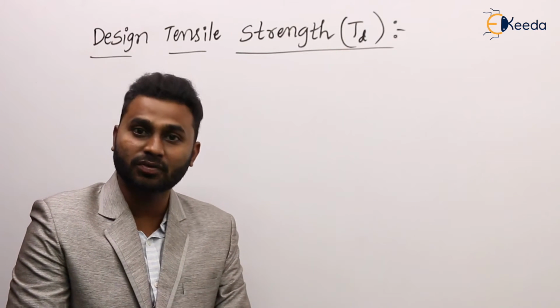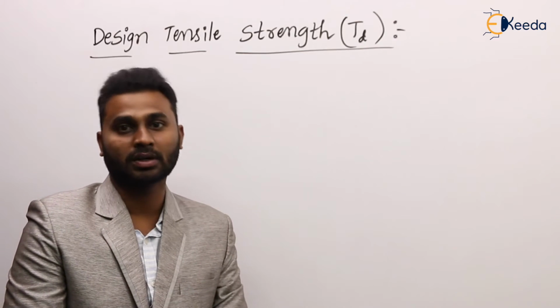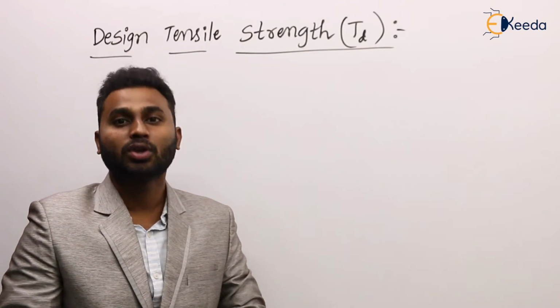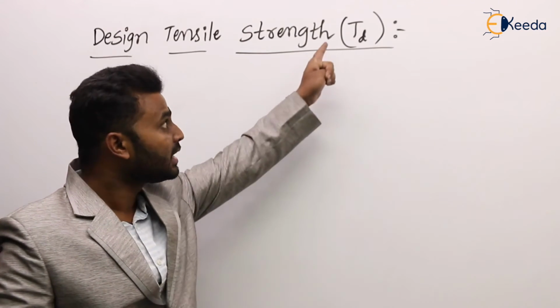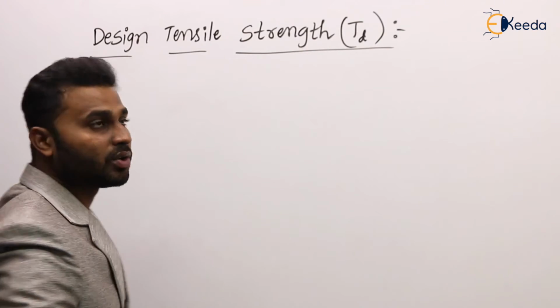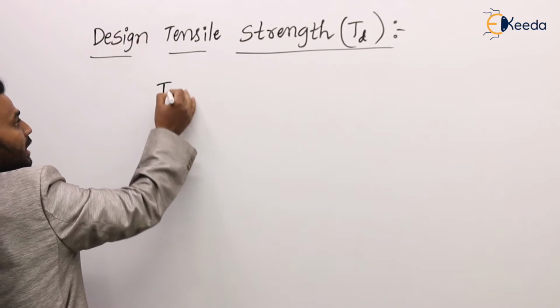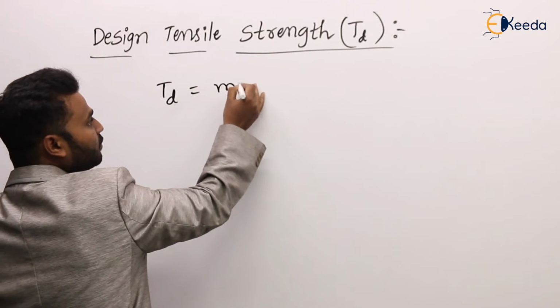What are the terms in those formulas and how to use those terms in those formulas. Agree or not? So now out of these three, whichever is minimum, that is taken as a design tensile strength of a member. So now design tensile strength of a member TD is equal to minimum of